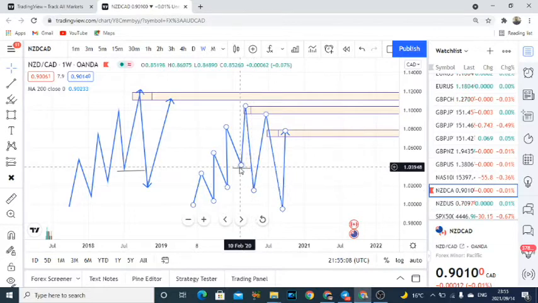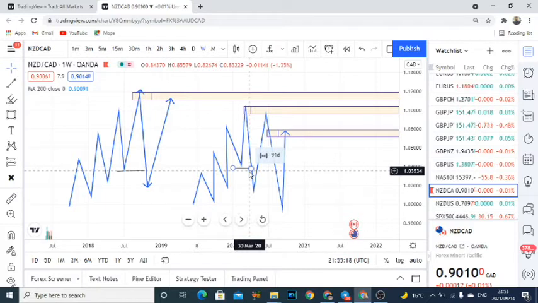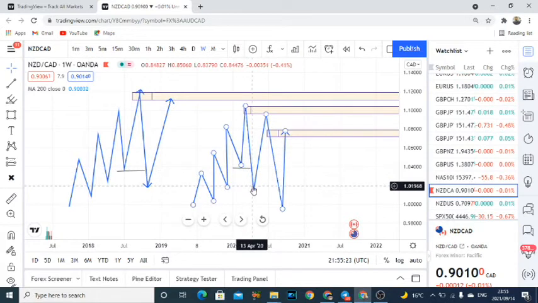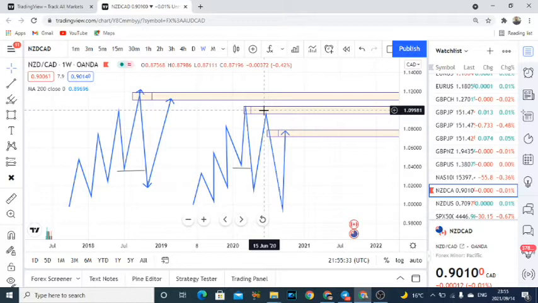The break of these lows can be a liquidity grab. Remember what I told you: below the support there's liquidity, above the resistance there's liquidity. So the break of this low can be a grab of liquidity. This market can continue to push to the upside. So that's why I'm telling you that this first entry can be a low probability trade, because this market can carry on pushing to the upside.